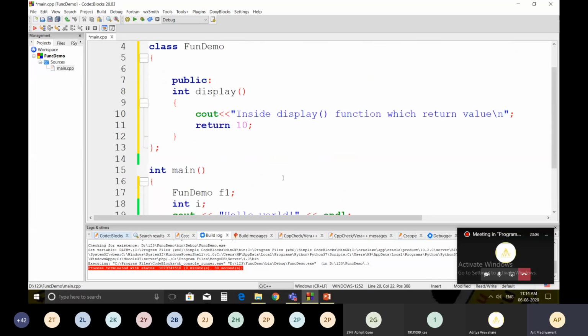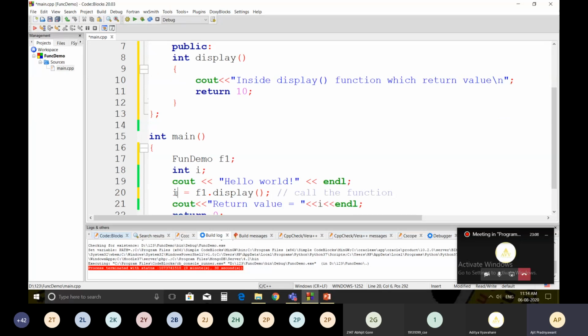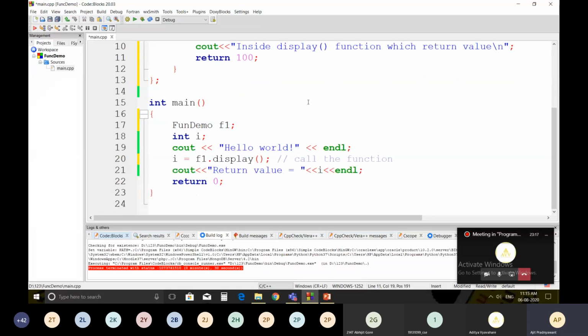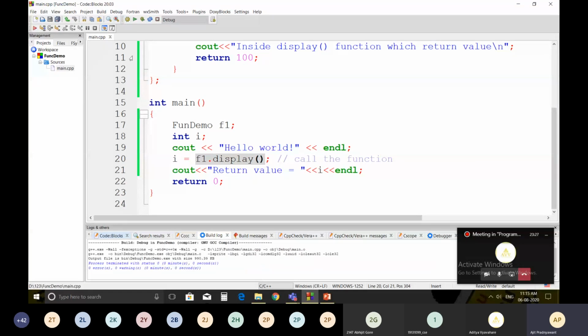So again this display function returns a value, and that value is again stored in the I variable. So for the time being I am going to change the value to 100. So small changes. How to call this function is by using the object of the function and then the name of the function. Just save it, compile it.